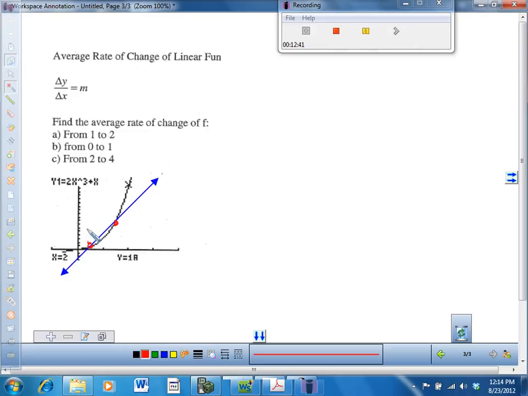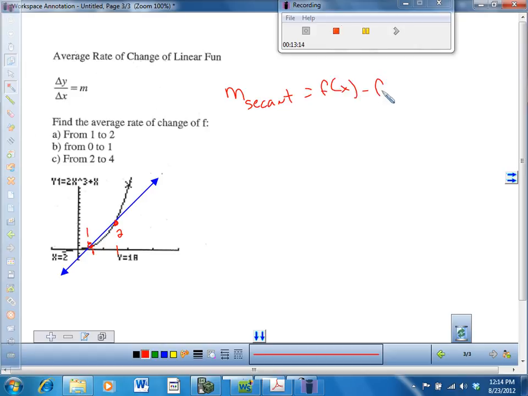This is x equals 1, and this is x equals 2, even though it's not really to scale. And the formula for finding the average rate of change, another name for that is the slope of the secant line. Remember in geometry, the secant line was a line that cut through a circle. Remember that? So the slope of a secant line is equal to f of x